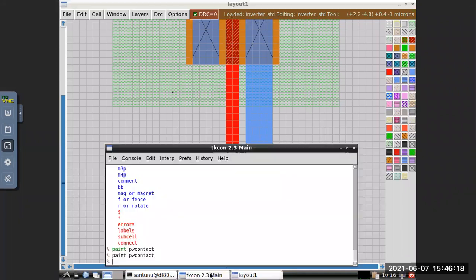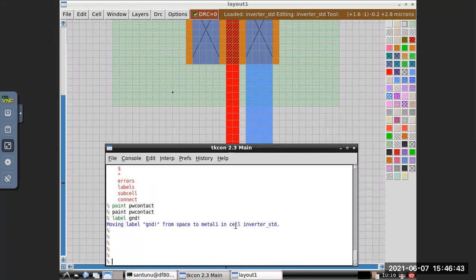So label G and D. This exclamatory symbol is nothing but it's global. Okay. So only ground means certain name. It's global. Some space.